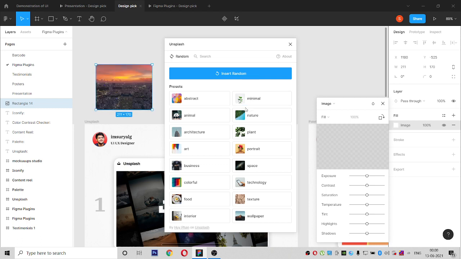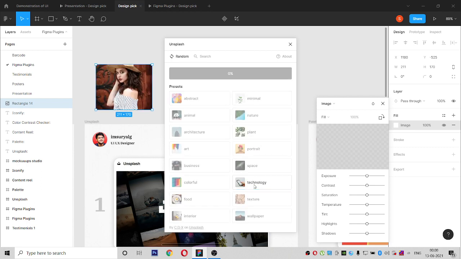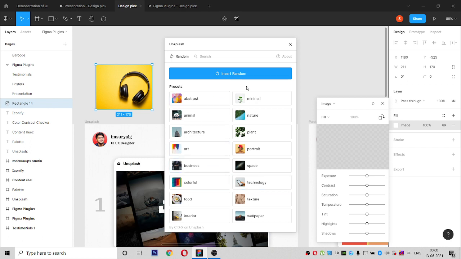So it inserts random images also. For example, it may be an art category, or a human face, or any kind of technology. So the random images this plugin gives are very useful, and I'm using it.